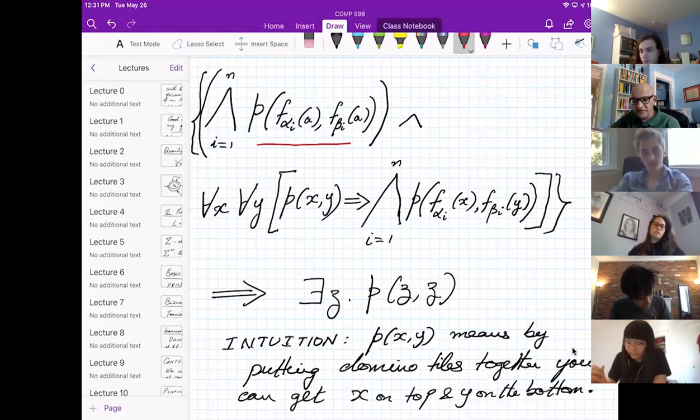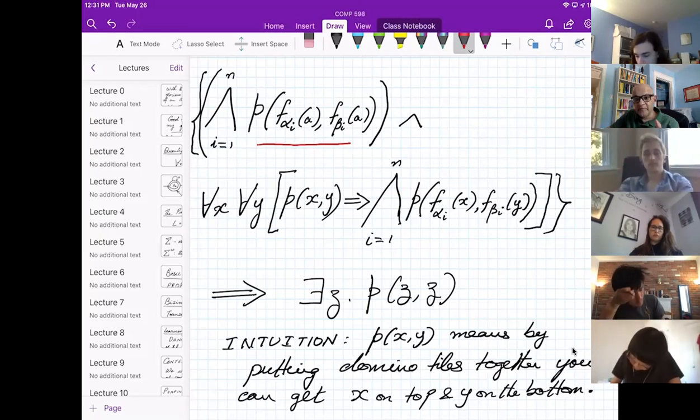Okay, now look at what this thing is saying. It's saying for any X and Y, if somehow you've managed to put tiles together and get X on top and Y on the bottom, then you can extend that to a longer thing, which will give you alpha I X on top and beta I Y on the bottom, simply by adding the appropriate tile to what you already had. At no stage did I say that the strings were equal.